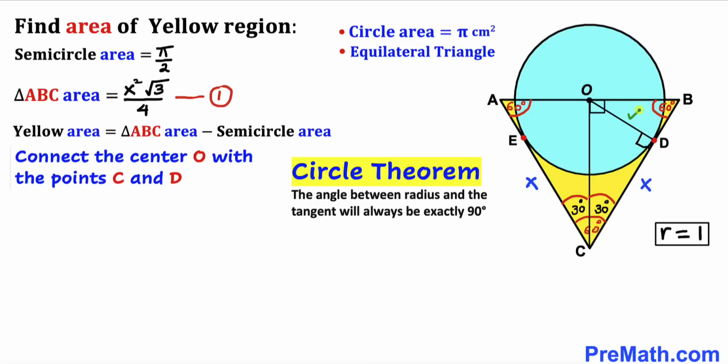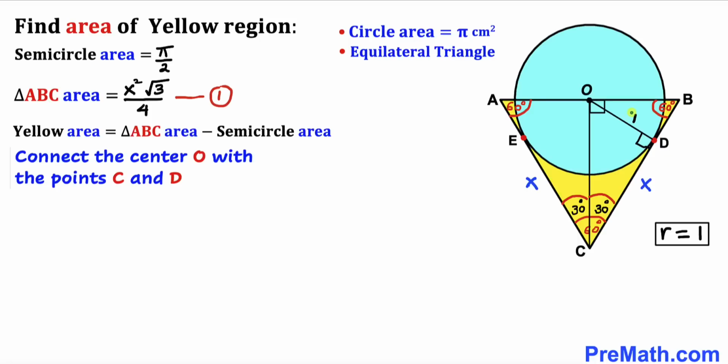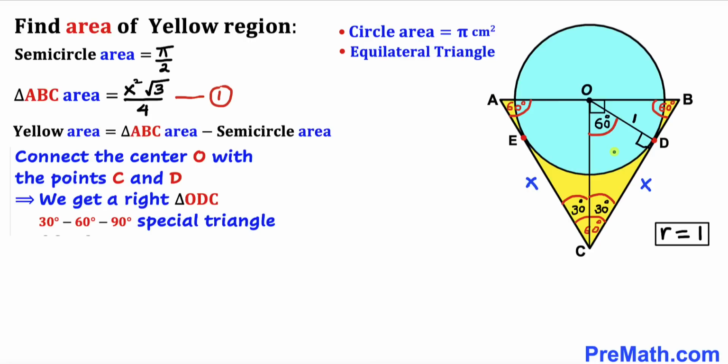Since OD is our radius and this is our tangent line, and we know radius equal to 1, therefore OD is going to be equal to 1. And now we can see that this is our 30-degree angle, this is our 90 degrees, so therefore this angle has got to be 60 degrees. And now we can see that our triangle ODC is a special 30, 60, 90 triangle. And now our task is to calculate this side length